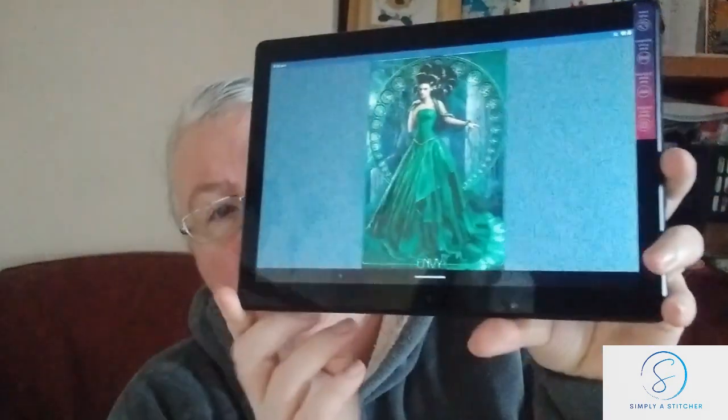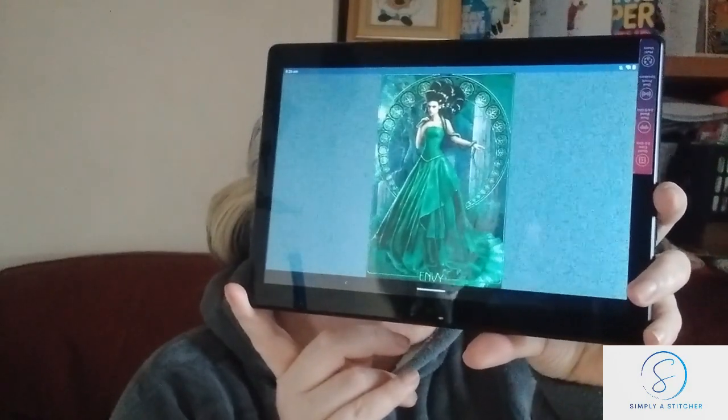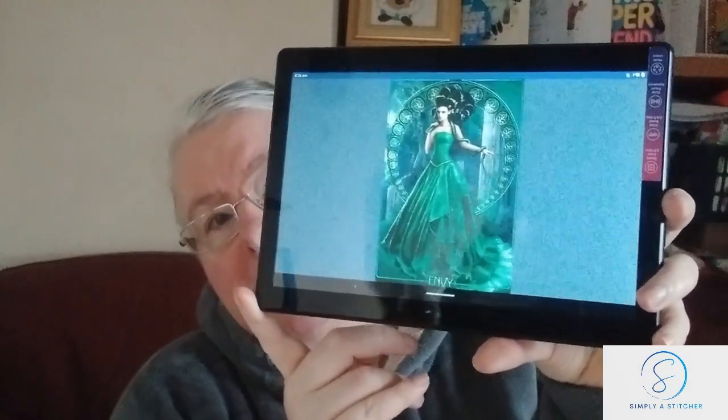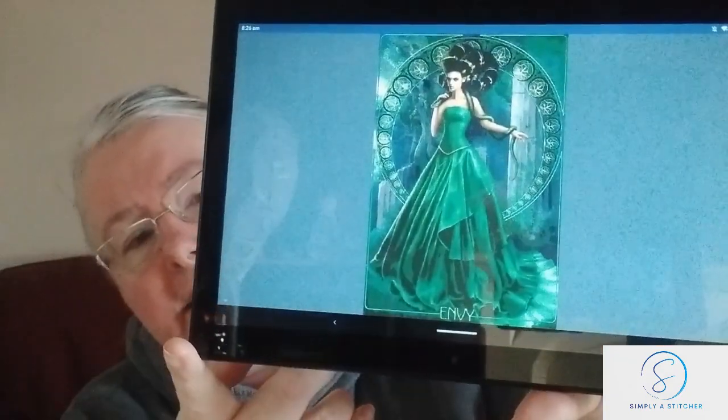is, if you mark up, this lovely piece, Heaven and Earth design. This is artwork by Marta Dahlig, and this is Envy, one of the 7 Deadly Sin series, number 2 for me. I've already completed Avarice. So I did a couple of days work on this week. Last time we were at